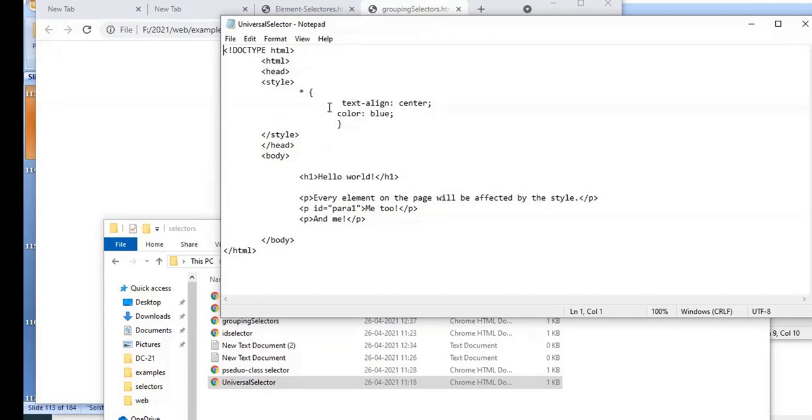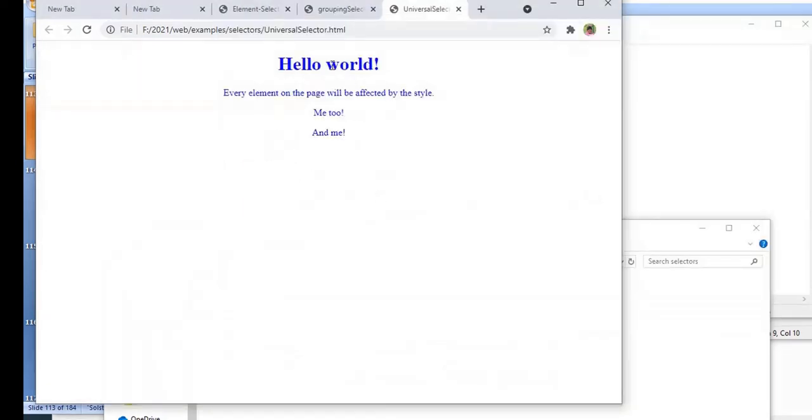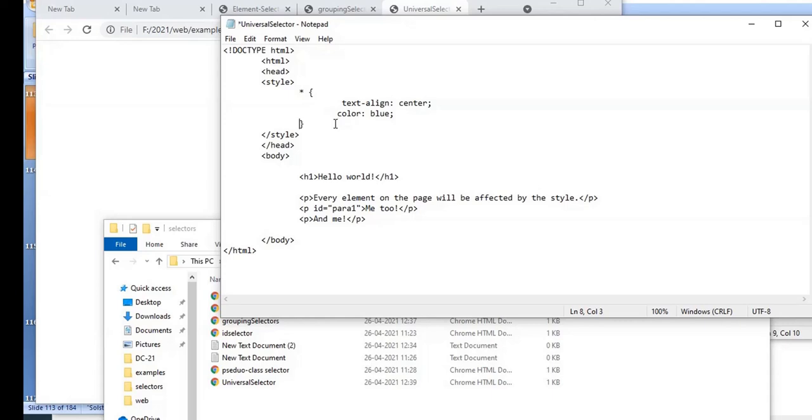So you can observe I have an H1 tag and a paragraph tag, and I want to apply a common style. In that case, for all the tags, not only H1 and P, whatever tag I use here, it is going to apply this style. To indicate that, you use the asterisk symbol followed by the property and value. Is it clear? This is called the universal selector. You will get the same output. Just focus on the main part.